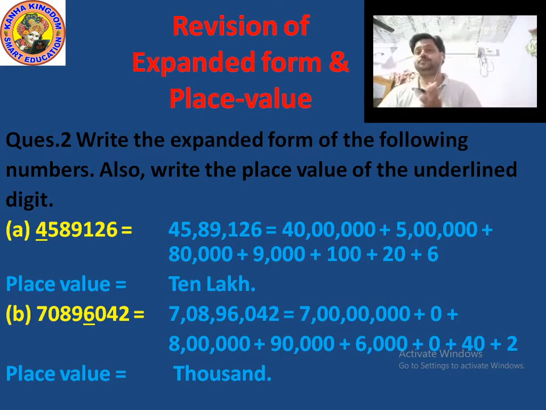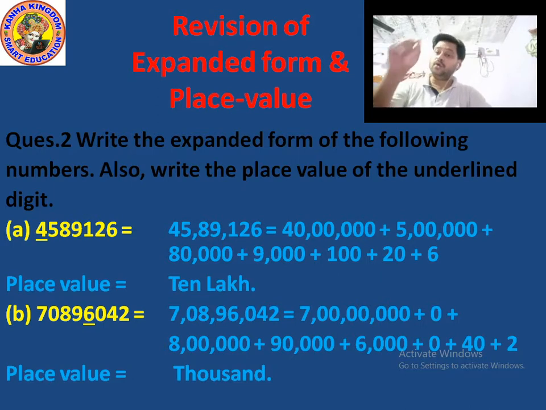Now see which digit, now counting from the right hand side. So which digit is in ones place? 2 in ones place, and after ones place the tens place comes. So which digit is in tens place? 4 in tens place. Or which digit in hundreds place? 0 in hundreds place. Now make 1 comma.